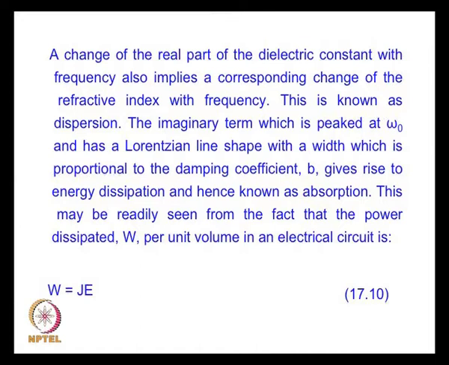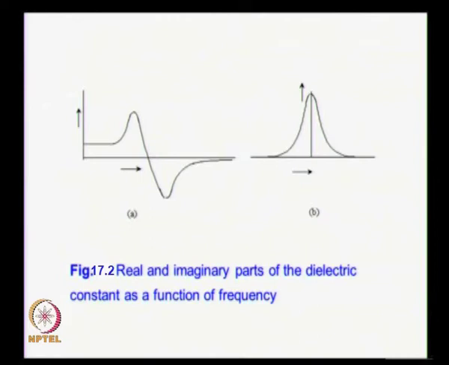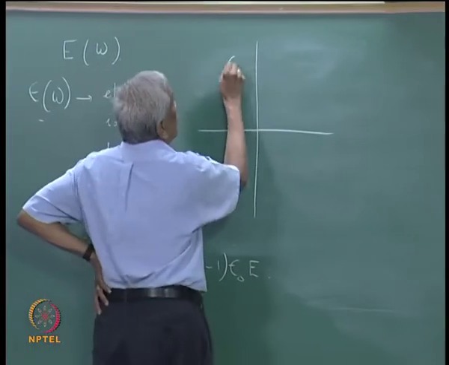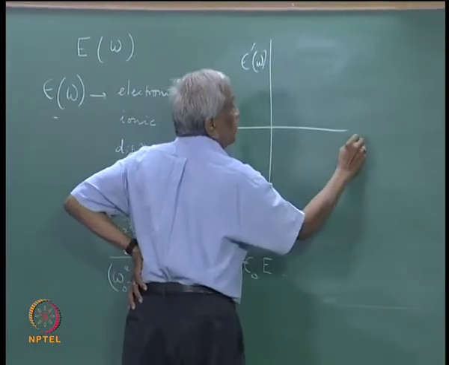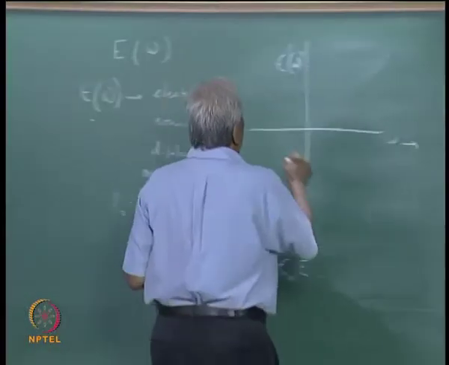So, it can be separated into real and imaginary parts, and these are plotted here. The real and imaginary parts are given in the equation here, and you can see that they are plotted here, the real and imaginary parts of the dielectric constant as a function of frequency. So, the real and imaginary parts look like this. If I take epsilon prime omega as a function of frequency in the neighborhood of a resonance, then I have something like